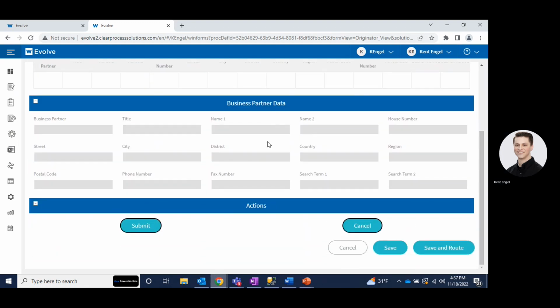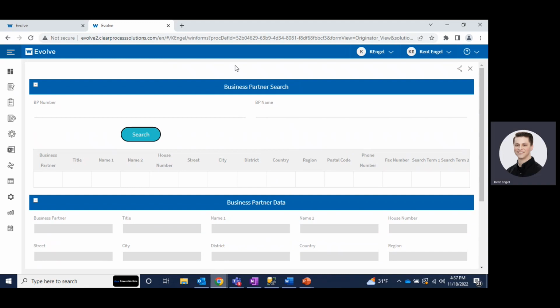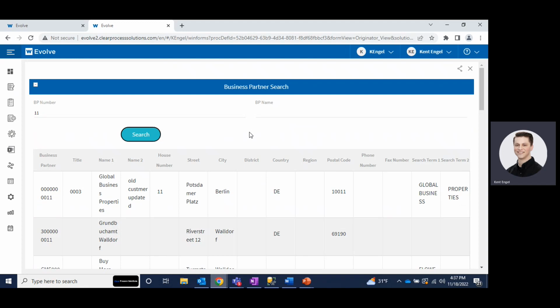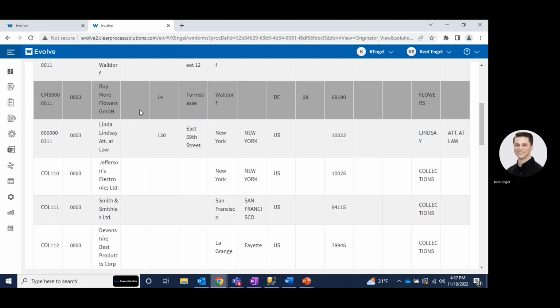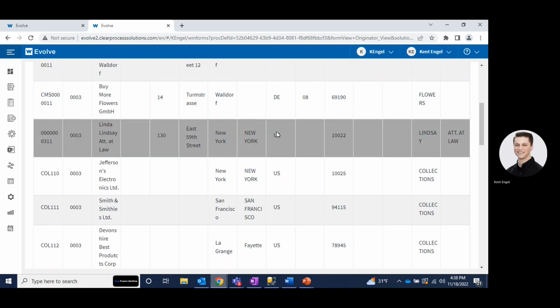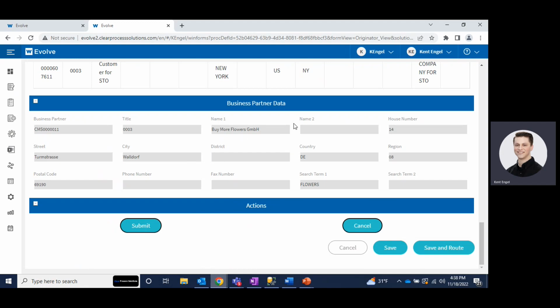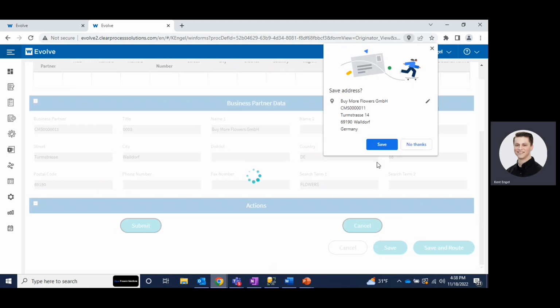So this is a little form that I have set up, which emulates a business partner search functionality. So what I'm going to do is search for a business partner number. I'm going to choose one here. And we'll see that data populate down below. And in the solution, which I'll show you just a minute, you'll see that pretty much all of these fields that I have here are promoted, and we'll be able to see that in the solution data library. So if I submit this,